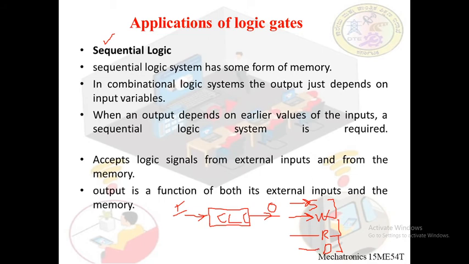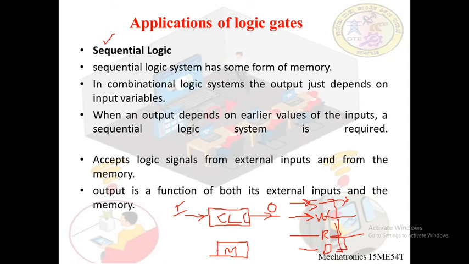This has to be followed in a sequence. Therefore, this sequence has to be remembered by the microcontroller. When we say remembrance, definitely we need some form of memory. This memory keeps track of the previous outputs. Once soaking is done, the output is that soaking has been completed. Next, the controller or the circuit goes for washing. Once it is done, it has to go for rinsing, and finally after finishing rinsing, it goes for drying.